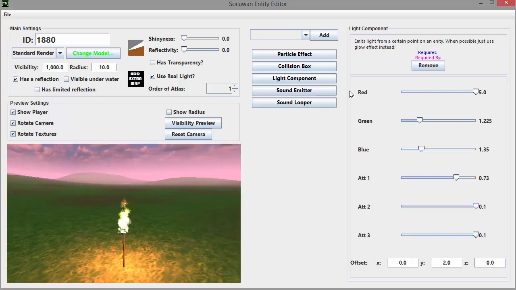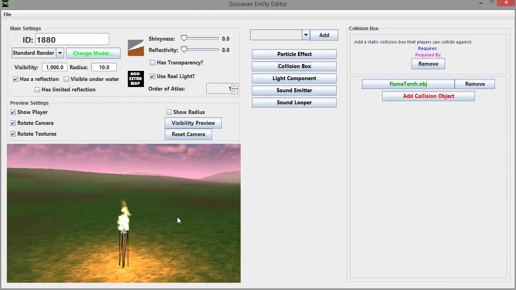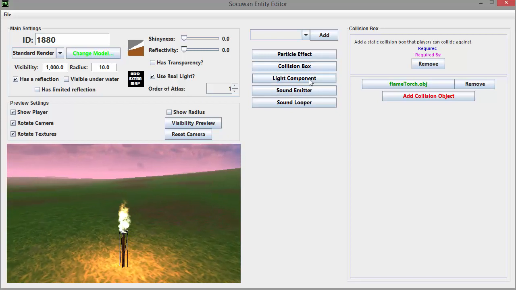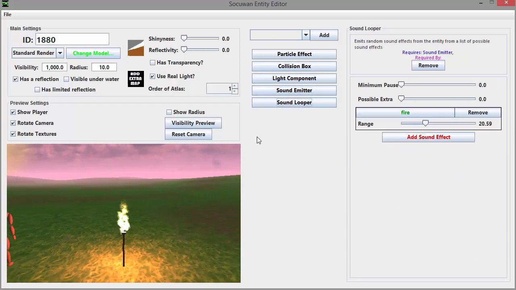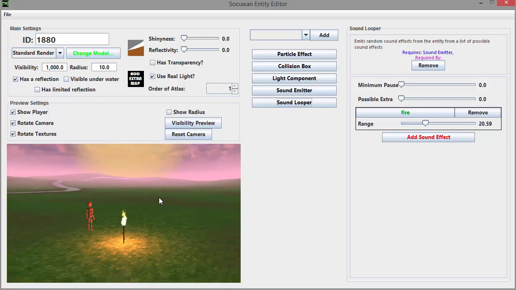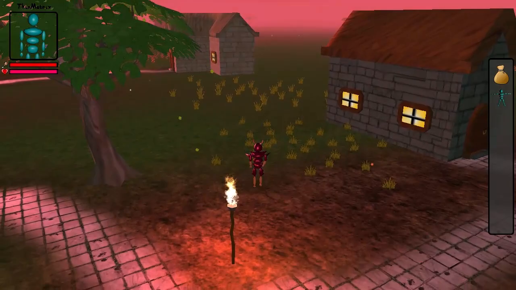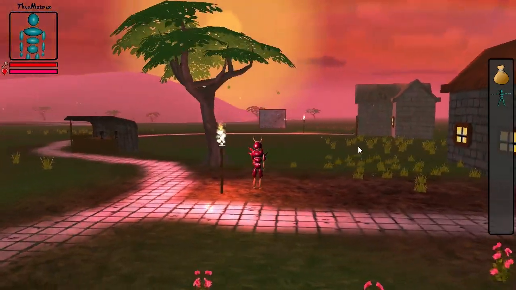So I used this to make the torch entity, which as you can see uses all of the possible components. It's got the fire particle effect, a collision box, the light component, and a sound emitter and looper to allow it to make this crackling fire sound when you get close to it. And here you can see that same torch loaded up into the game, with all of those components working as